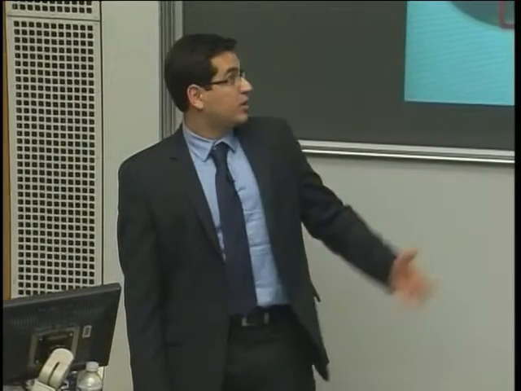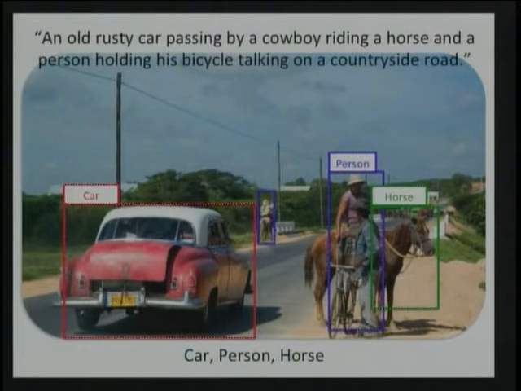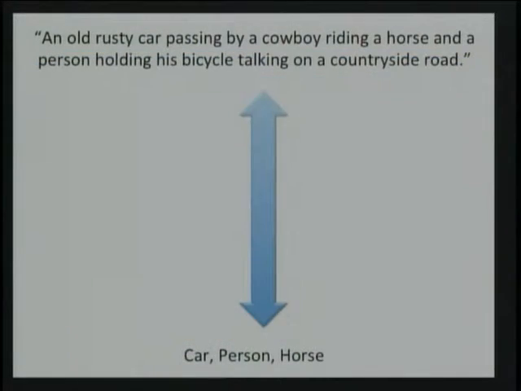So compare this very, very rich kind of representation with what we can get with the state-of-the-art recognition system. We get a car, a very tall, huge person over here, a head of a horse, and a huge guy back there. So basically the representation would be a car, person, horse. And compare it with what people can write about this picture. There is a huge gap between these two representations.